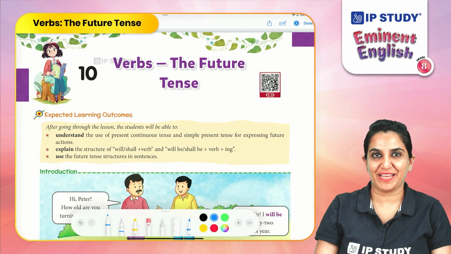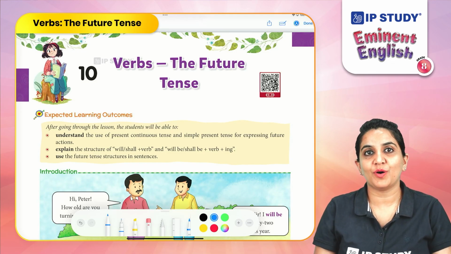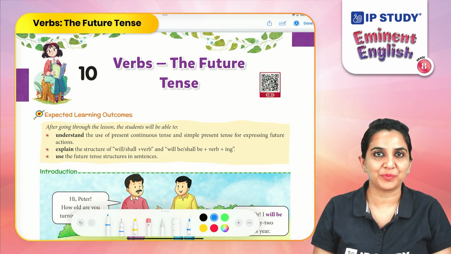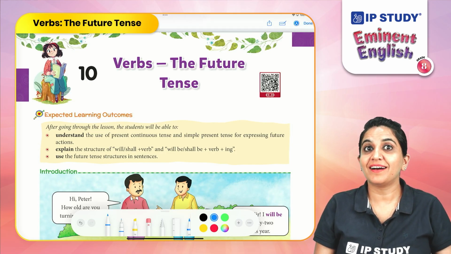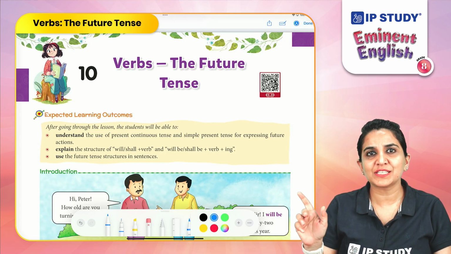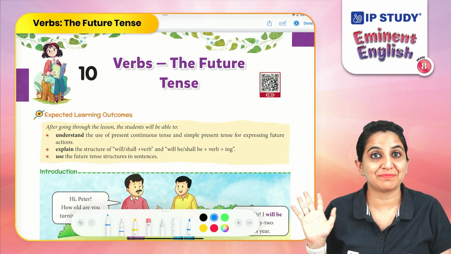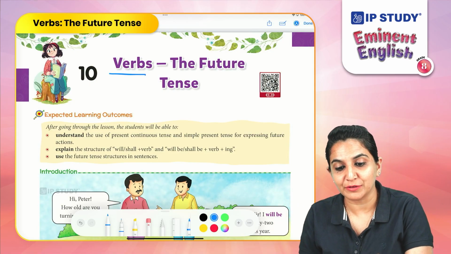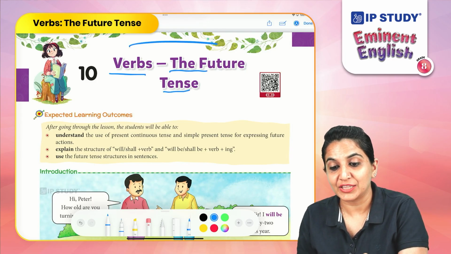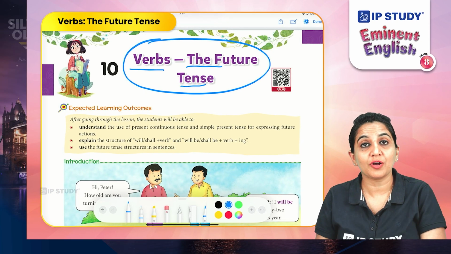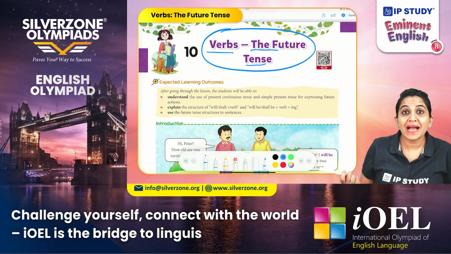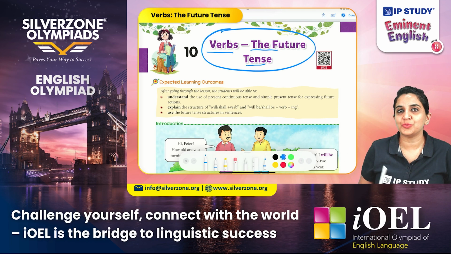Today we will discuss the 10th chapter of Grade 8 English Grammar and we will explore the world of verbs. Along with that, let's fast forward to tomorrow. That means we're going to talk about verbs, the future tense. The tense which helps us to talk about something that will happen or might happen or is likely to happen in